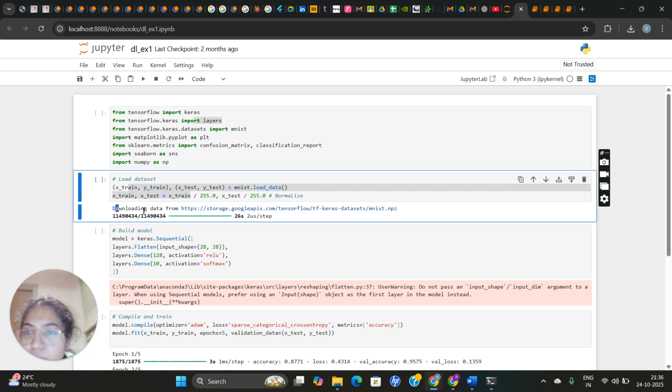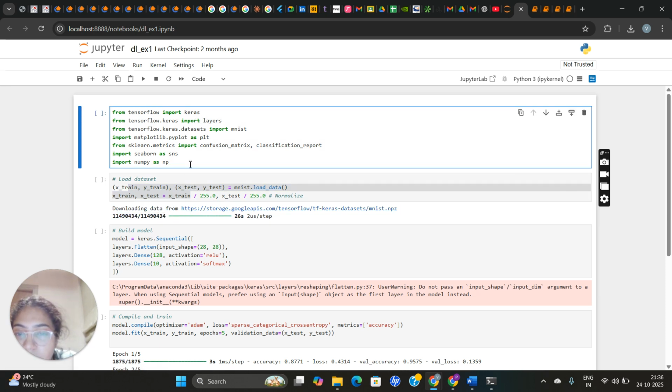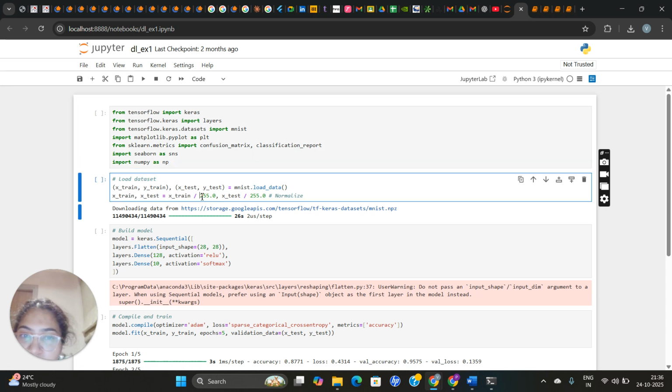Here we have downloaded the whole dataset from the Keras API, and mnist.load_data is the function we use for this. And this 255.0, these are pixel values which are originally in the range 0 to 255, and we are normalizing them to 0 and 1 so that the training will be stable.